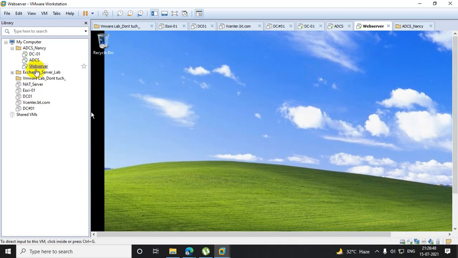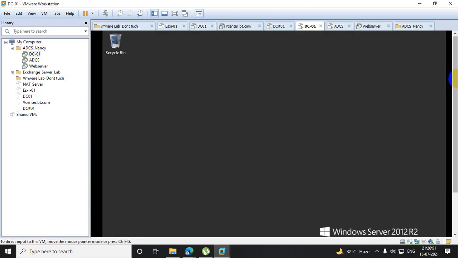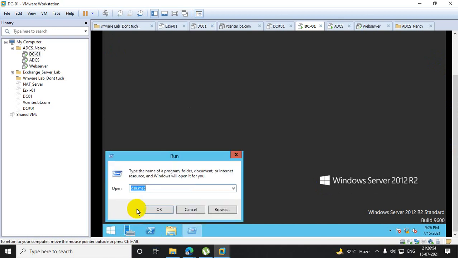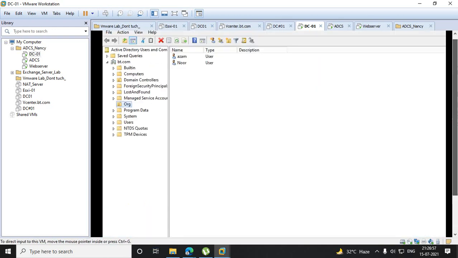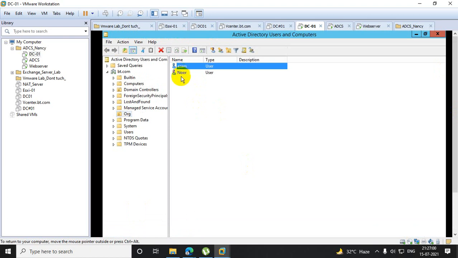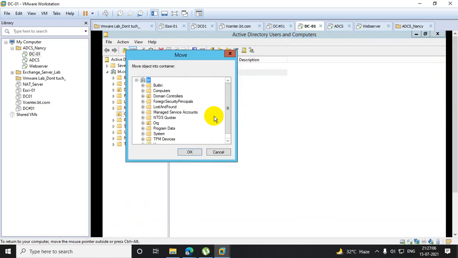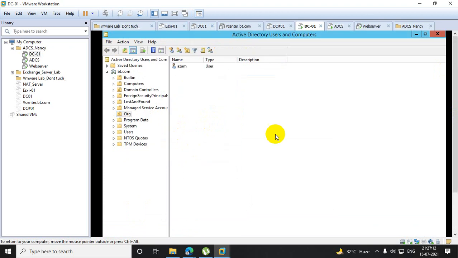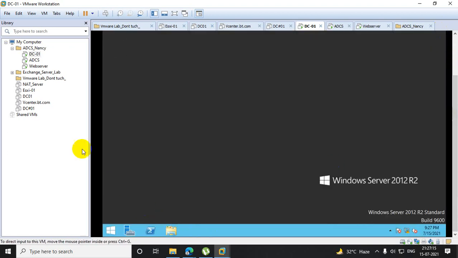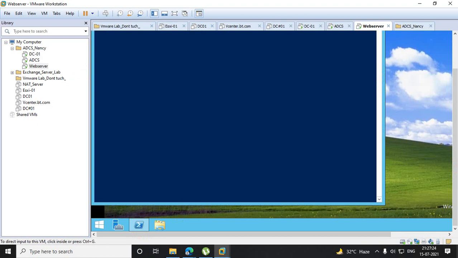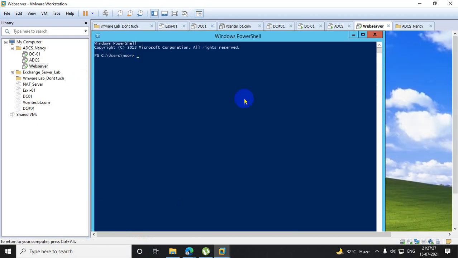Now what I am doing, I am moving this node from this particular OU. So in this particular OU, Azam is there, policy applying to both. If I move Noor from this particular OU, then what happens? Select, I am moving. After that, nothing you need to do. You have to go and run gpupdate /force from the client machine.